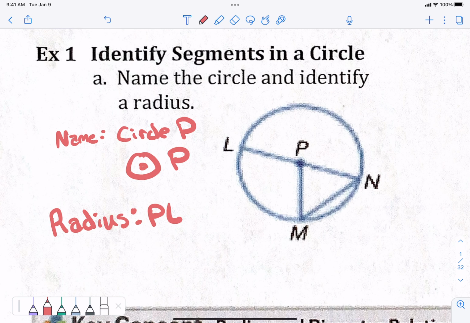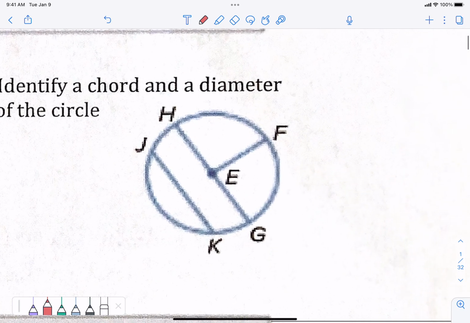PL? PN? PM. On your homework assignment, you'll only have to list one. But here we're just going to list all of them just because it's not that much work. So that's example 1. Good? Example 2: identify a chord